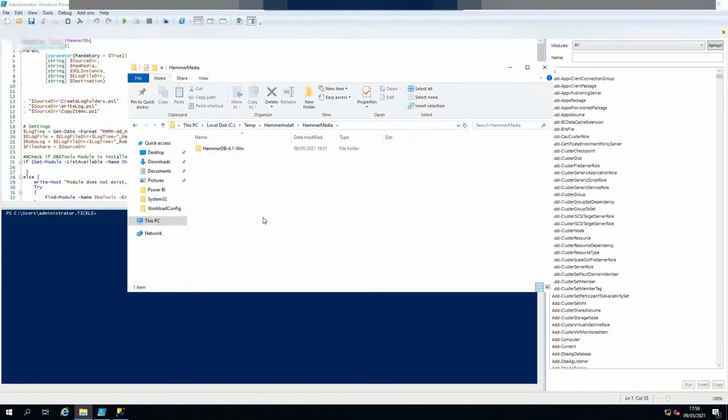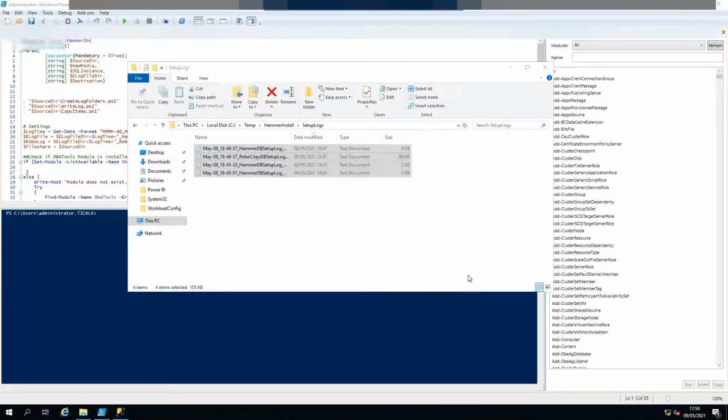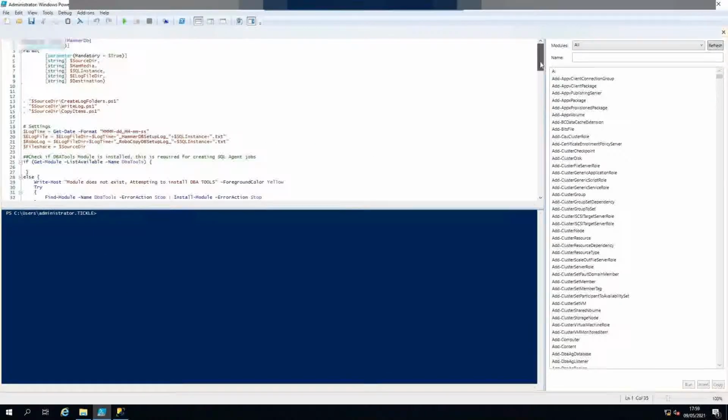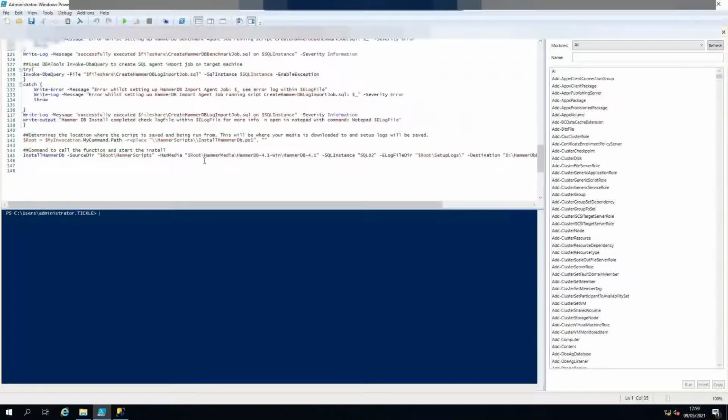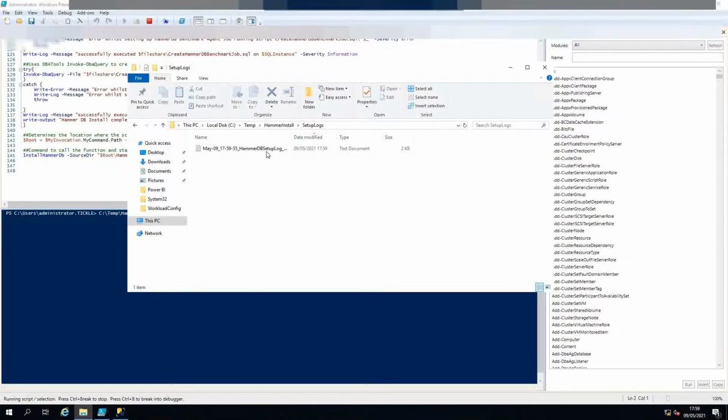That's if you want to put the latest version on, and obviously you have to bear in mind that there may be changes between the different versions which may skew or change the NOPM and TPM results that you get back from the benchmark. But anyhow, I'll delete the setup scripts that it generated in here, just so we can start from fresh. And as we were saying, we've set the commands now at the bottom, and the HammerDB media is in the correct folder. So you should now just be able to run this,